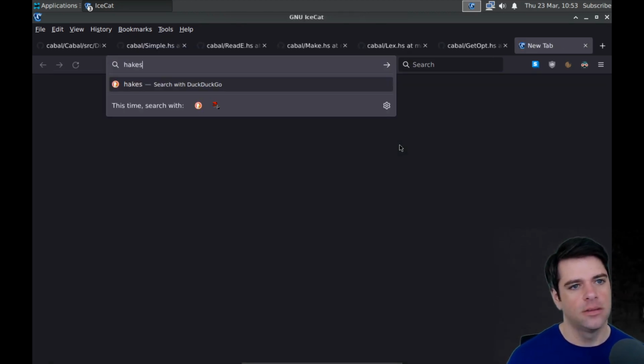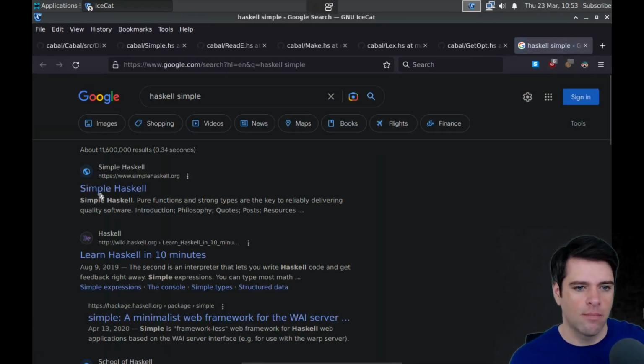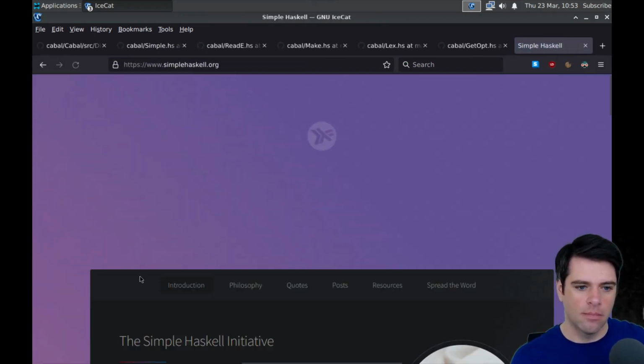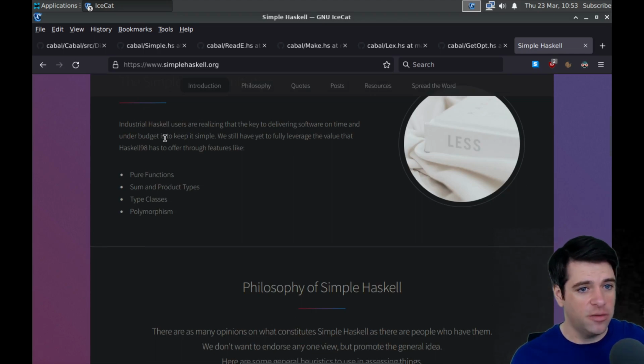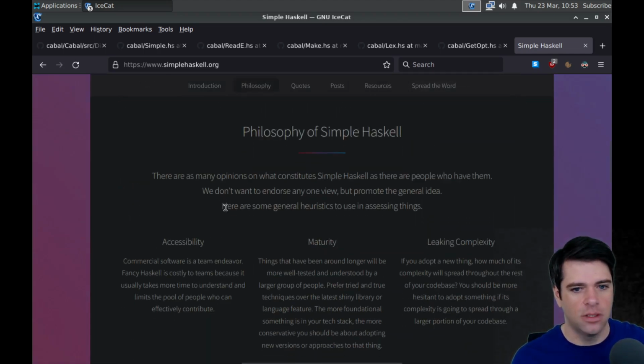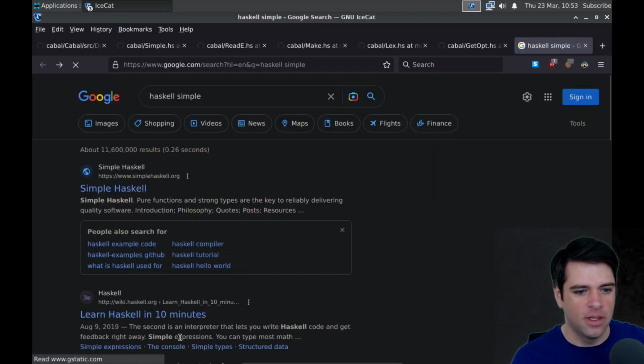Let's look up Haskell simple. Industrial Haskell users are realizing that the key to delivering software on time and under budget is to keep it simple. Okay, they've got a philosophy, but what is it? I'm not sure.